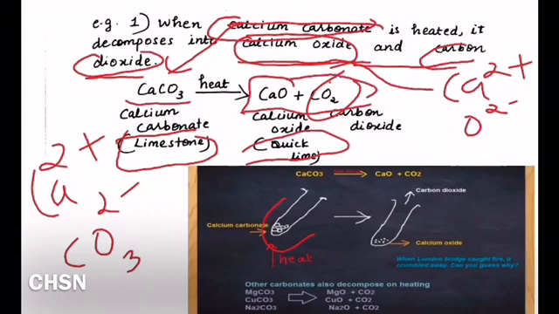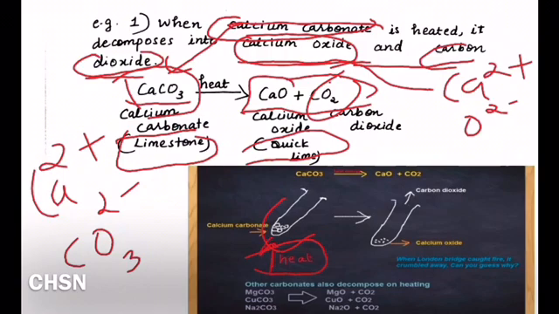There is no formation of calcium oxide and carbon dioxide. So that means there should be some reaction conditions. We have to provide some external conditions, then only this reaction will take place. Otherwise, calcium carbonate will not change at normal temperature or room conditions. So if you want to decompose calcium carbonate and get calcium oxide and carbon dioxide, you have to heat it. So the reaction condition is heat. You take the calcium carbonate powder in the test tube. For the decomposition reaction, you have to heat the test tube.